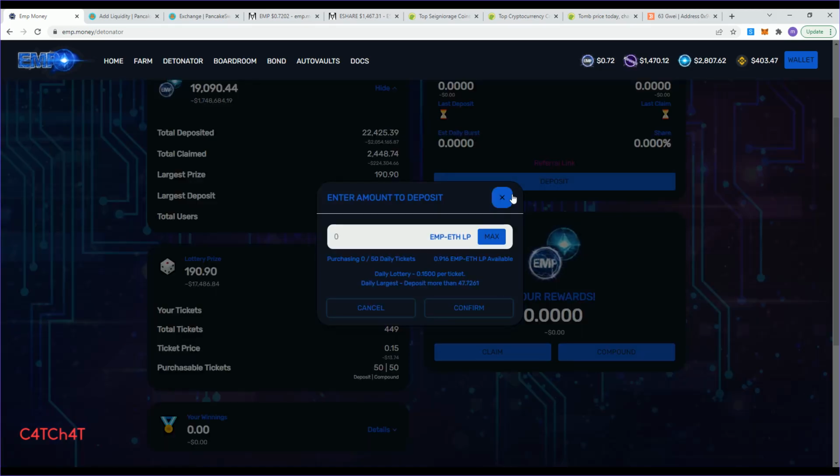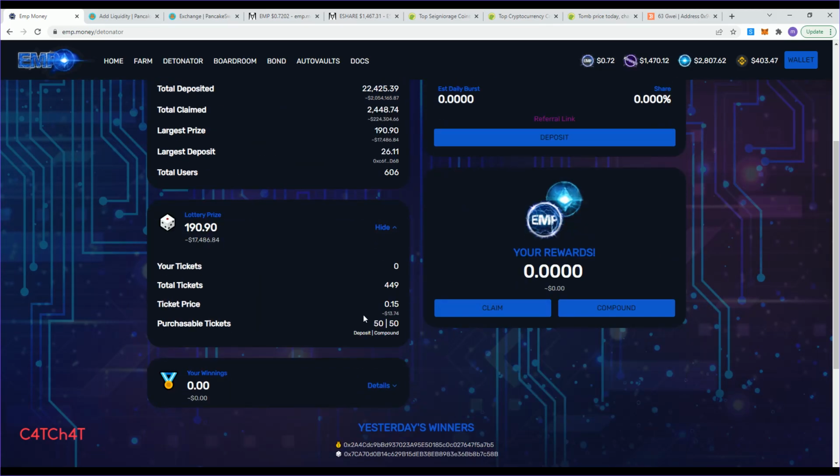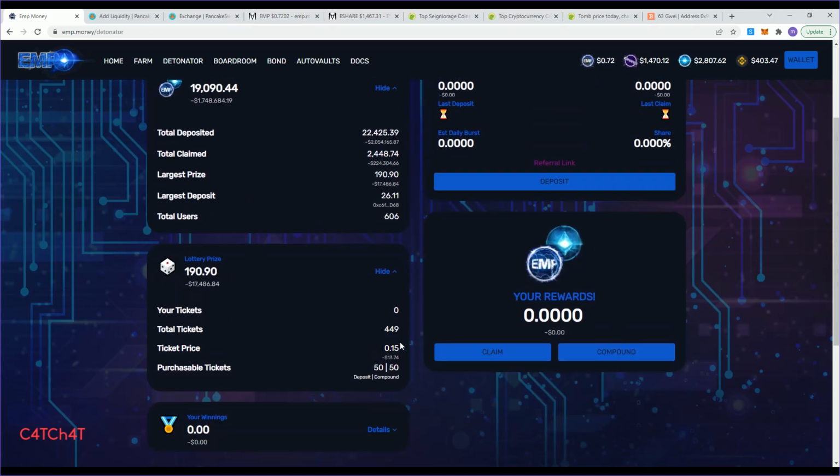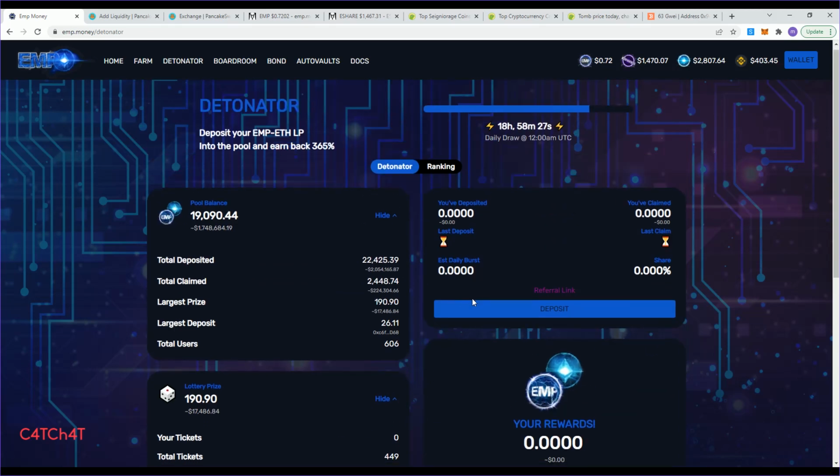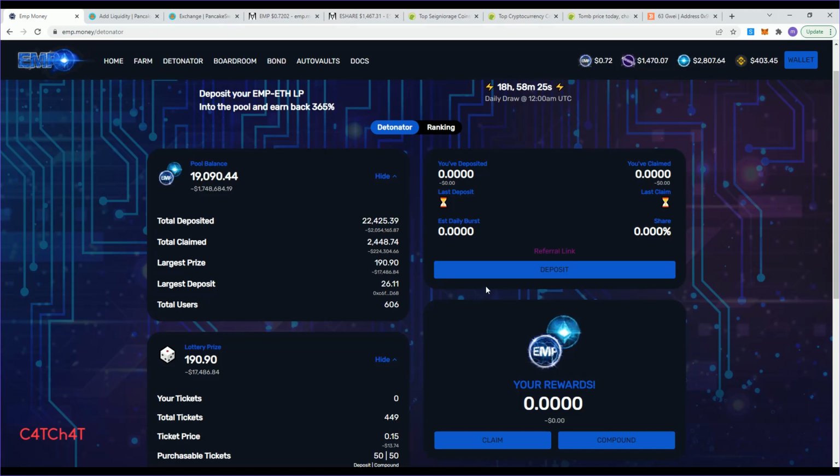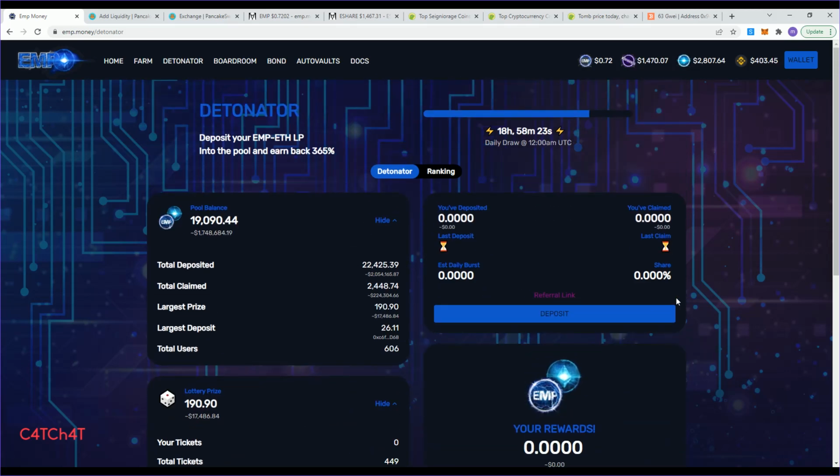And pro tip, every ticket is 0.15 LP. So we always want to deposit that amount or multiples of that amount. And we also need to keep in mind the 10% deposit tax.